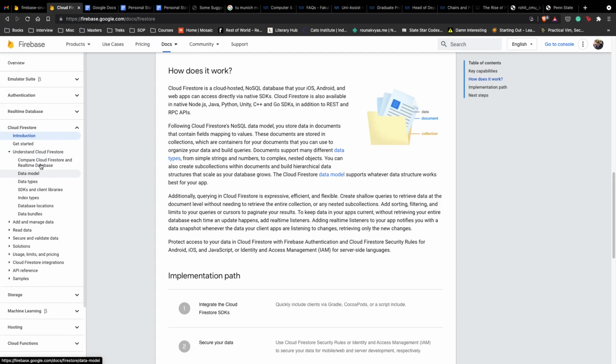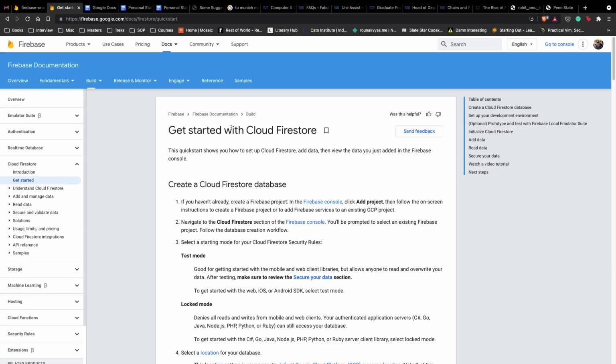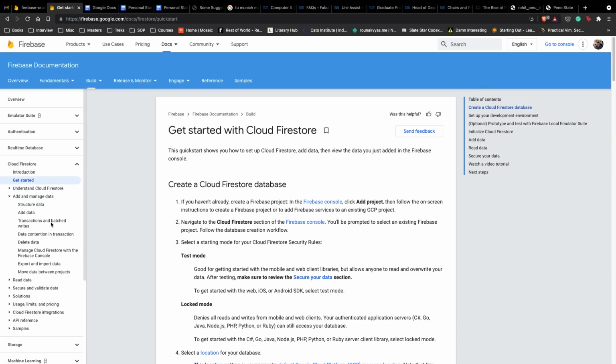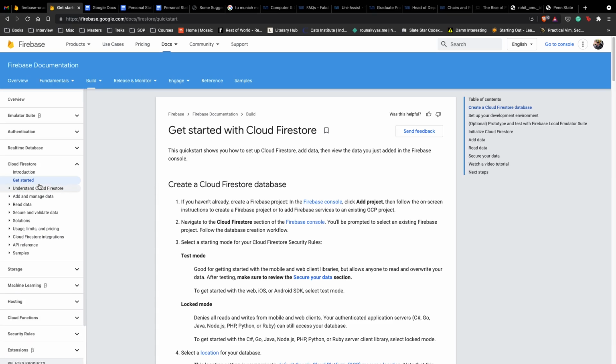First, I would highly recommend you go through the documentation. We cannot cover every single thing in the documentation in our videos. We'll jump into the implementation directly. So I really encourage you to go to the description of the video and read enough about Cloud Firestore to be comfortable working with it, so that we can have a very good and productive discussion whenever the video is on. So yeah, let's get started.